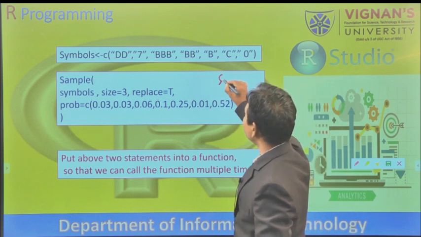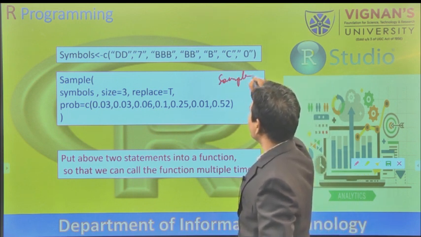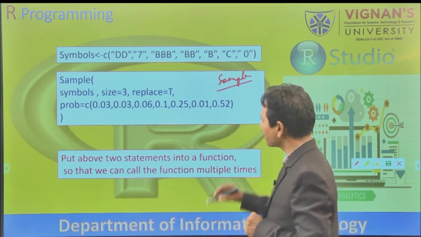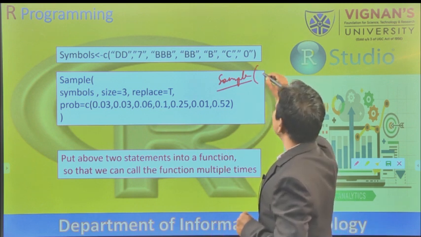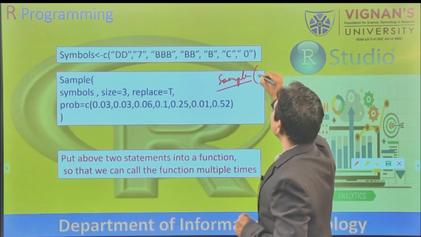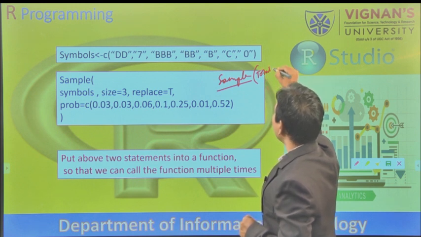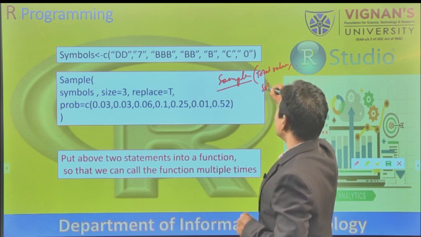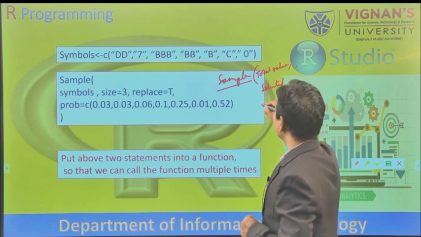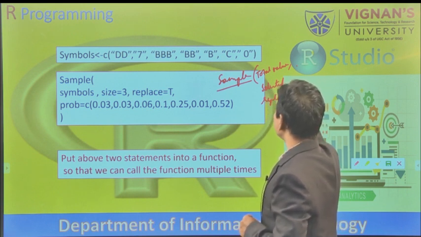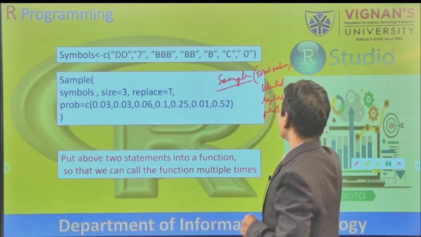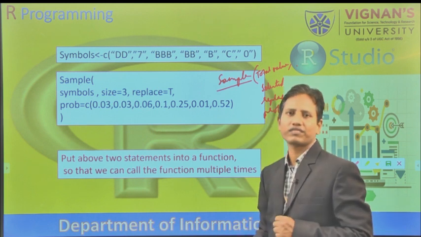Okay. So the sample function has 4 parameters. One is the total values, then from this how many values we want to select, then a replace argument and a probability argument, like 4 values we have.